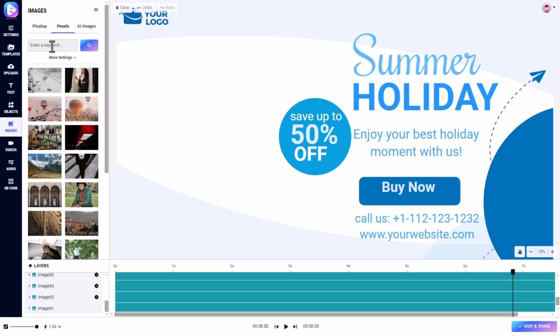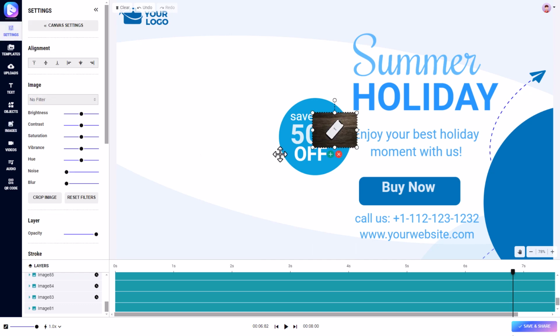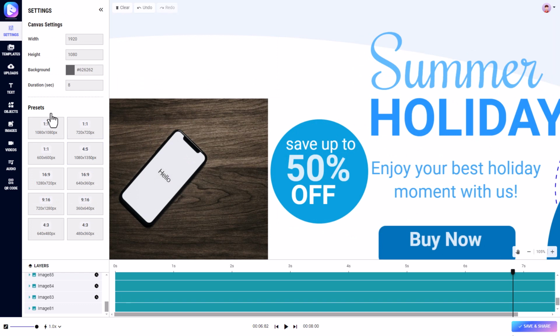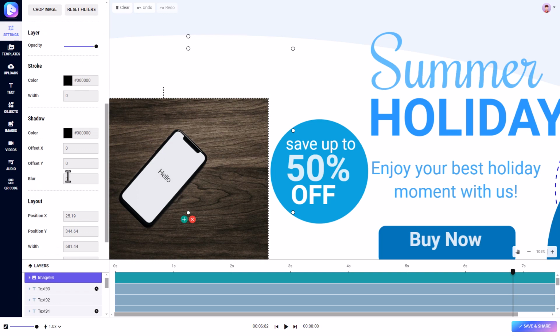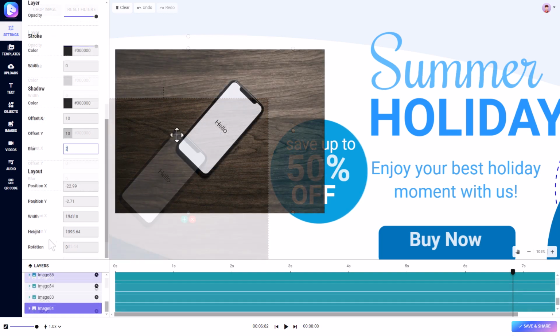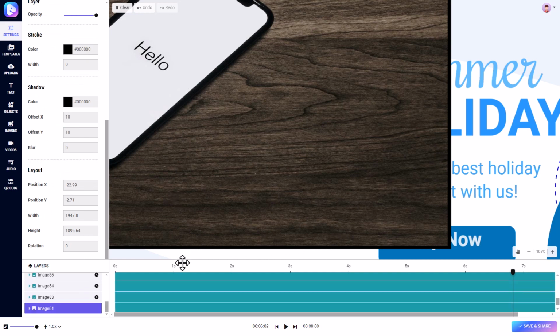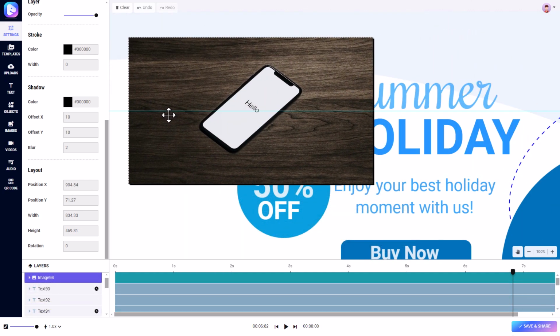Let's go to Pexels and look for iPhone. And I know stock sites will have this. So we've got this. Let's click here and let's put this on. I've got to click here to crop the image. That didn't seem to work very well. Let's click back here. So I can add a shadow. So now it's added a shadow, but it just seems to be jumping about all over the place. I'm not sure why. So yeah, it has added a shadow.